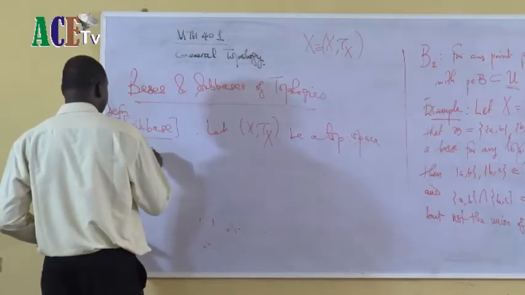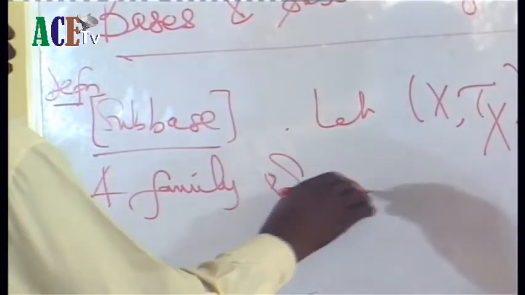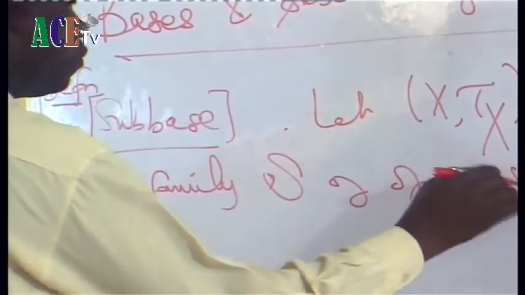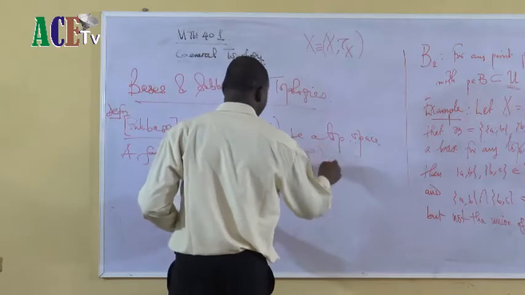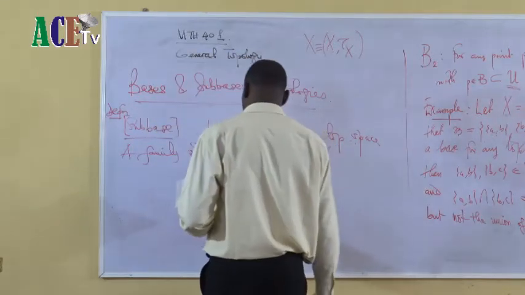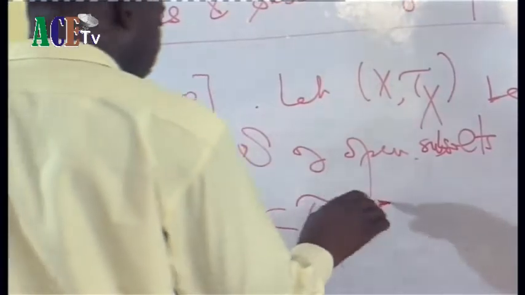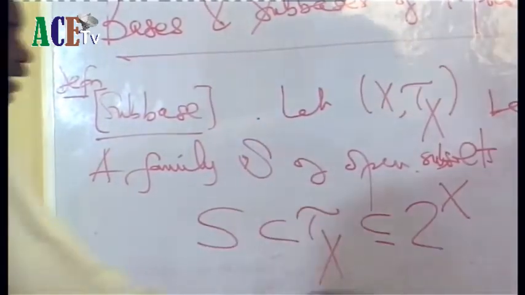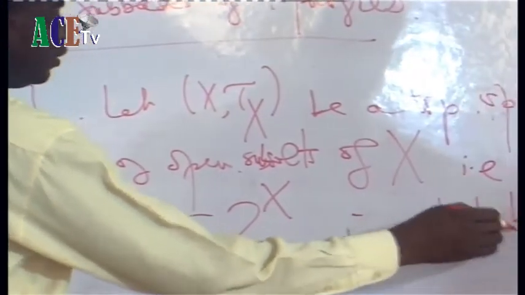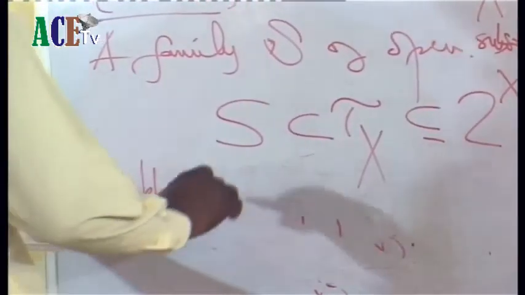A family, call it S here, of open sets, or open subsets of X, that is, S is a subset of the topology on X, where this is a subset of that, is said to be a sub-base if and only if